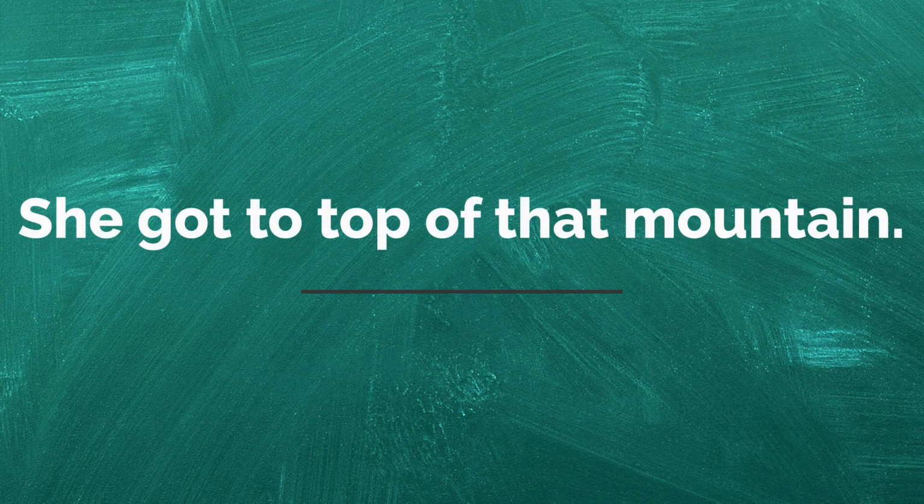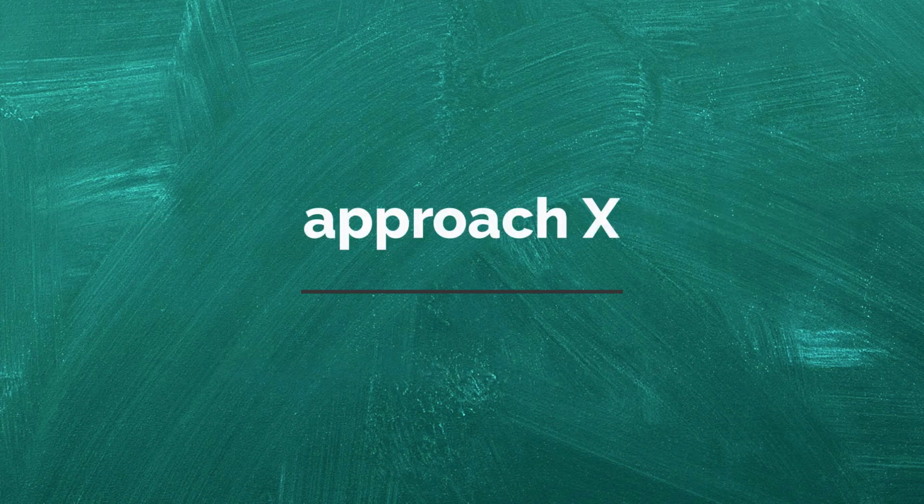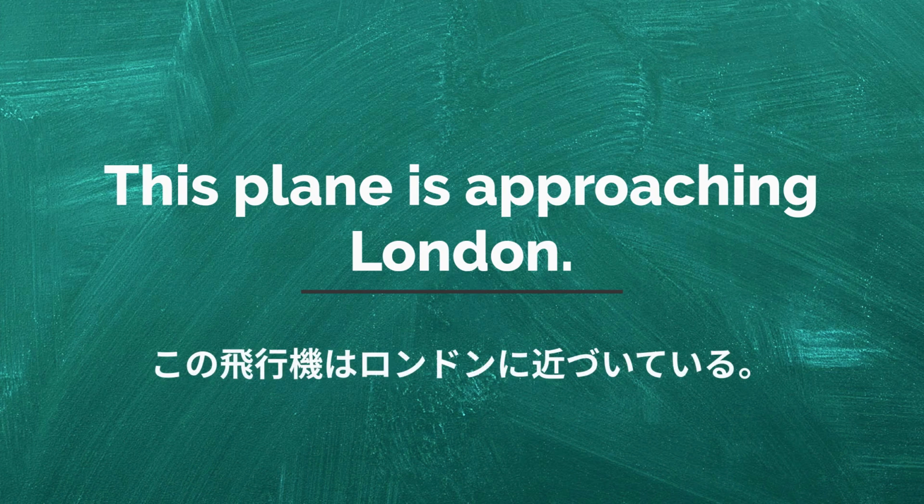She got to the top of that mountain. 彼女はあの山の頂上に到達した。 Approach X. X に近づく。 This plane is approaching London. この飛行機はロンドンに近づいている。